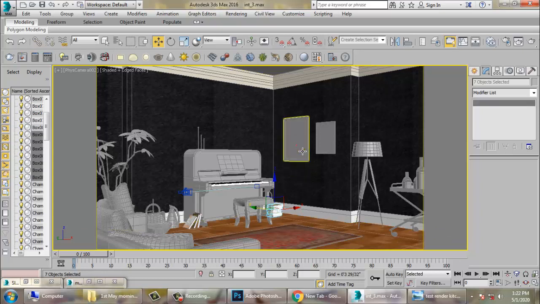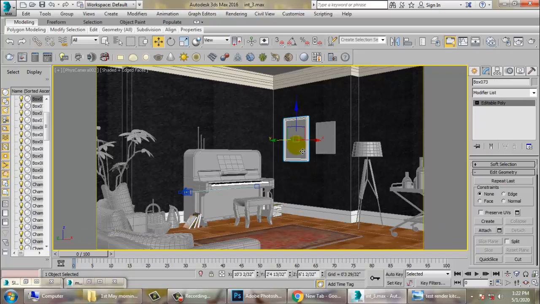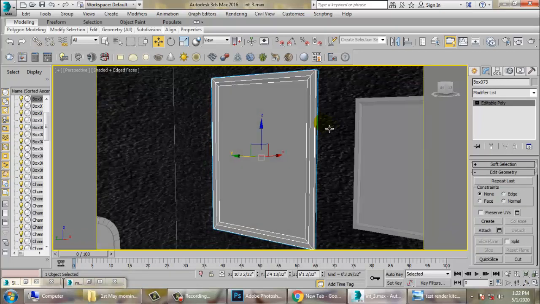So now we are going to just put some textures for this frame over here.